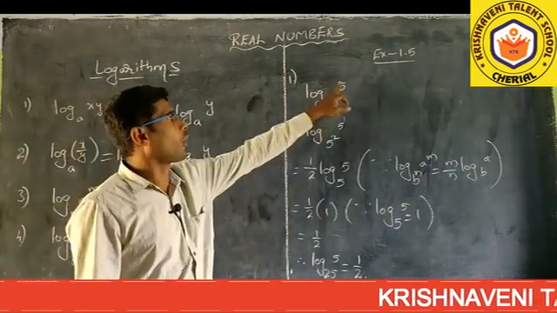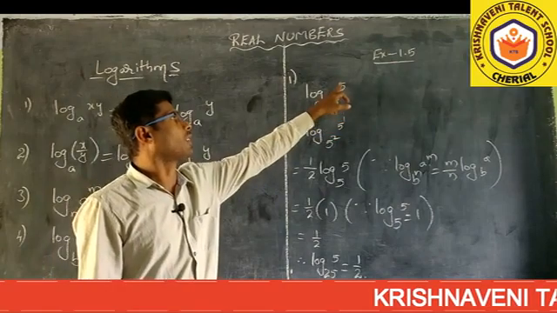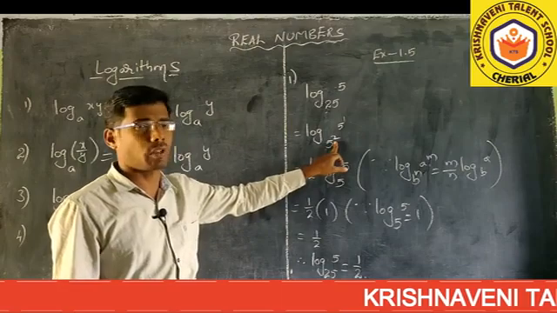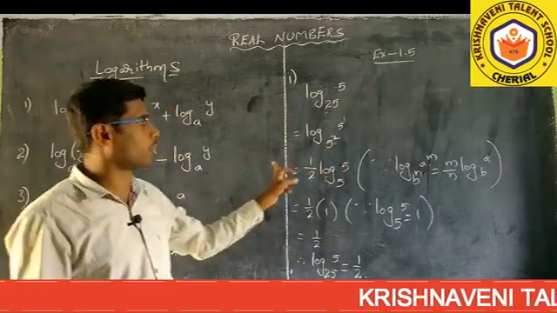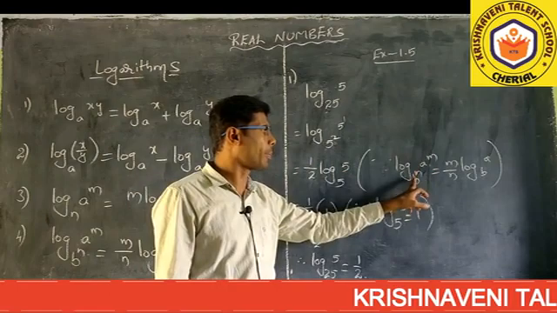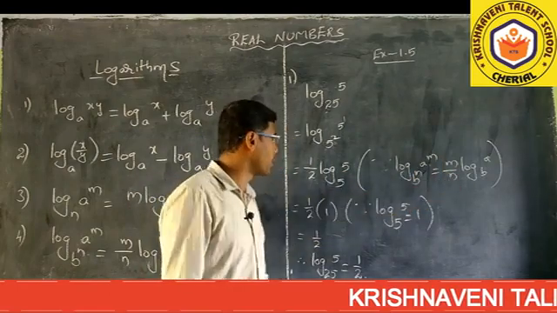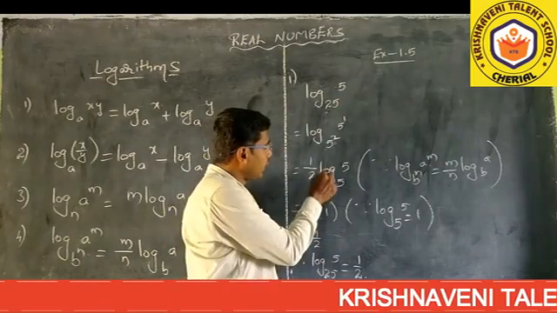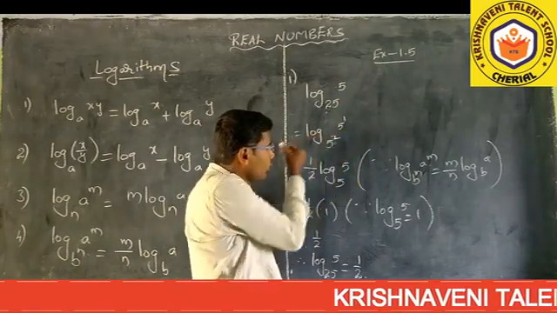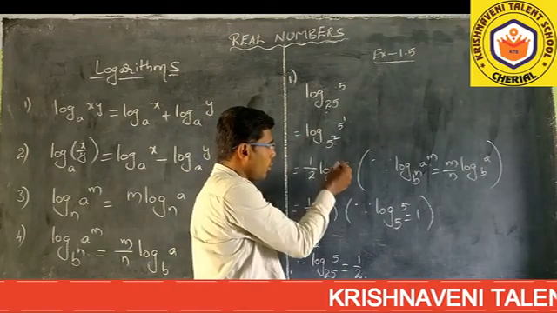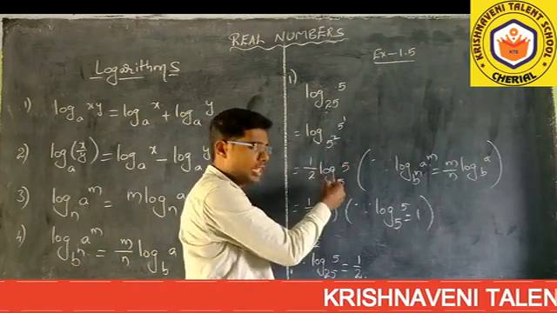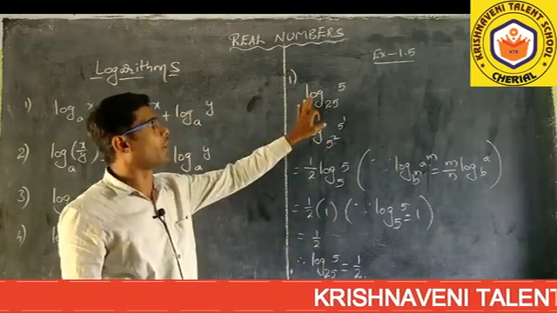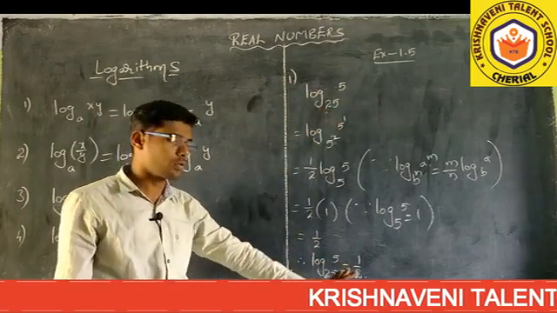Here the given problem is log 5 to the base 25. Always you have to identify the number and the base. Here the base I can write as 5 square. So you have to identify which law to use: log a to the power of m to the base b to the power of n equals m by n log a to the base b. Observe, here the m value is 1 and the n value is 2, so this 1 by 2 will come before the log. Now log 5 to the base 5 value is 1. 1 by 2 into 1 equals 1 by 2. Therefore the value of log 5 to the base 25 is equal to 1 by 2.